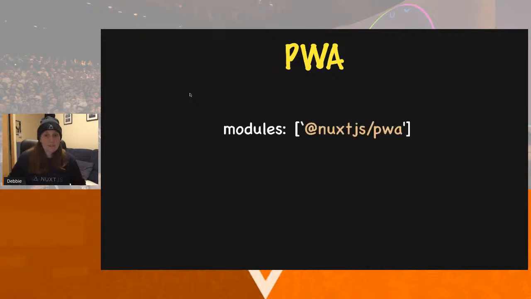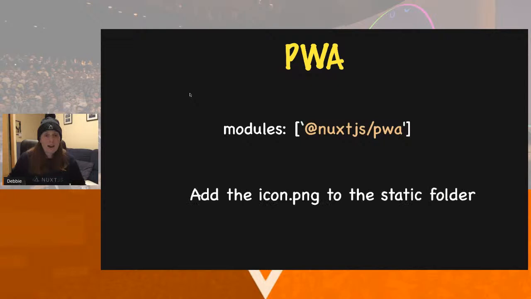Progressive web app. Now, this is one of my most favorite features, the progressive web app, and it's so easy to install. Basically, you just have to add the module. And the only really hard work, I would guess, is to add an icon.png to the static folder. I mean, that's as hard as it gets. And then you've got your PWA, which means it's going to be usable when you're on a train and you lose internet like we did earlier today. So basically, add PWAs to your site as often as possible. And with Nuxt, it's just so easy. So please go ahead and do it if you haven't already got a PWA set up.